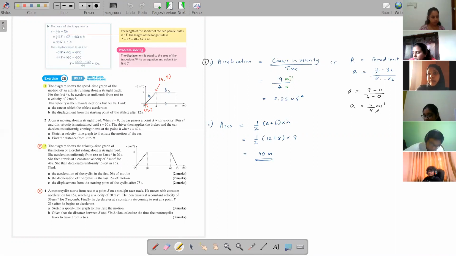Okay, and we need to cover the syllabus. We cannot come very close to the exam, so we need to finish it at a very good margin so that you have plenty of time to do papers. So we'll try to cover as much as possible, as fast as possible. Okay, students, so I'll stop from here.